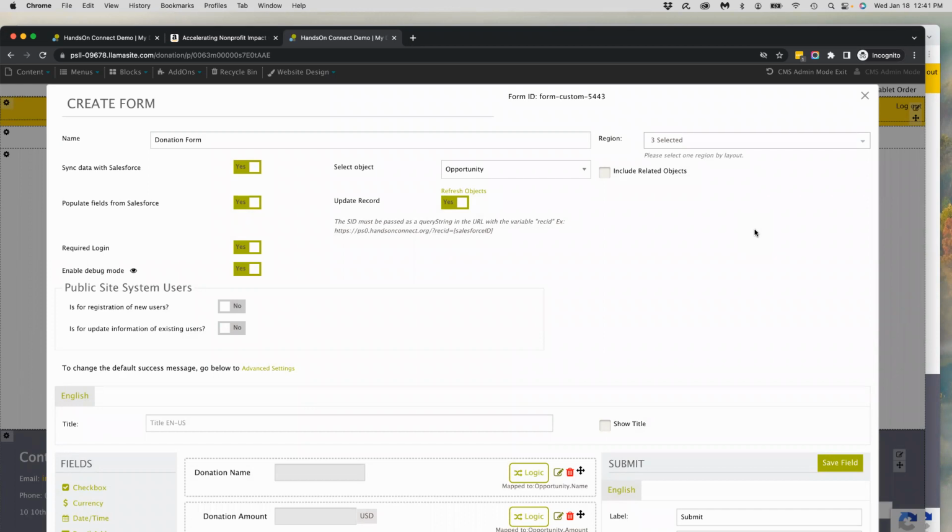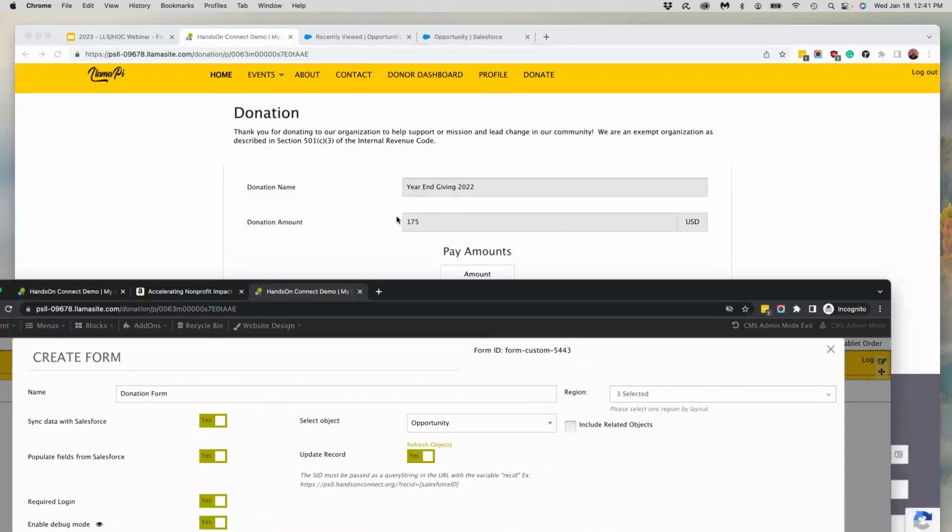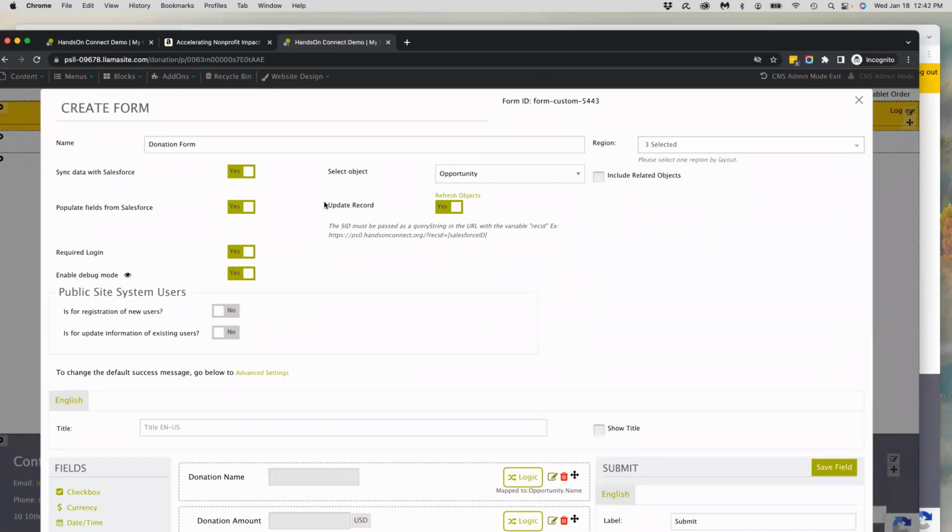Since the data already exists in Salesforce, there's a couple things that we need to make sure that we do up here. One is that sync data with Salesforce is on, because this is how the CMS knows that you're intending to save or pull data from Salesforce, not from the local CMS data store, which you can download to Excel later. You're also, because you're editing information, and remember that I am showing them the name of the donation and the amount they owe up here, because